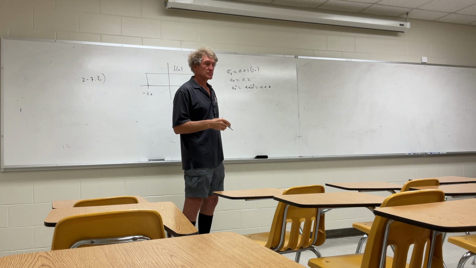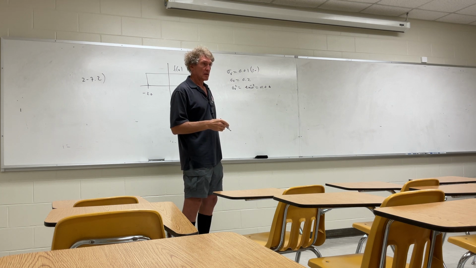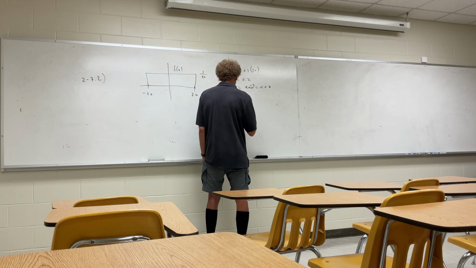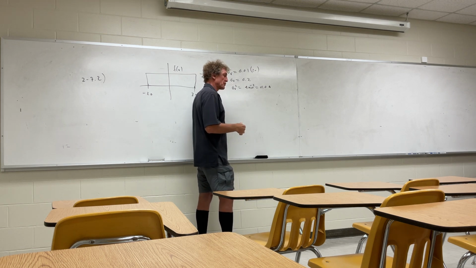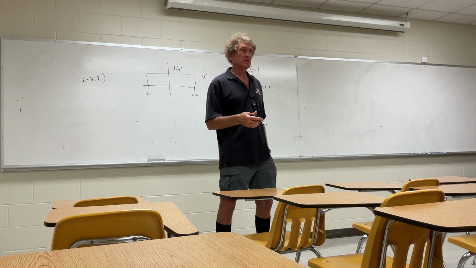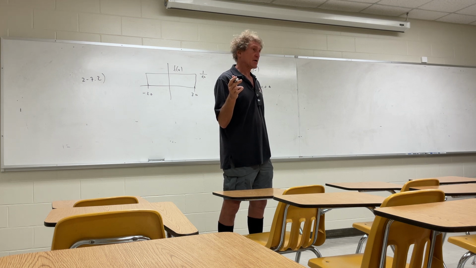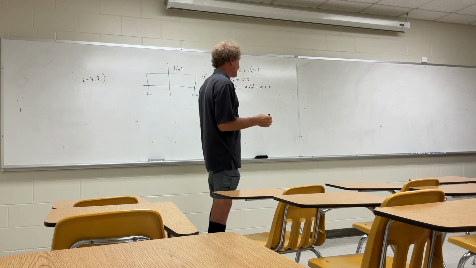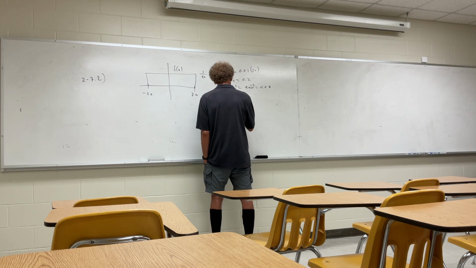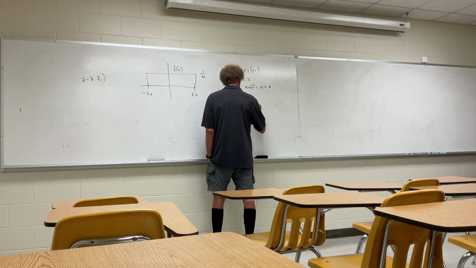Find the minimum number of quantizing levels. This goes back to when we proved that for a uniform distribution, the variance of the quantizing error, sigma v squared, was 1/12